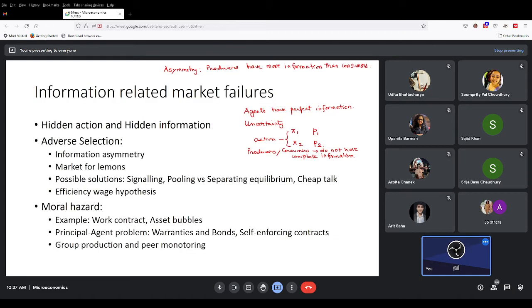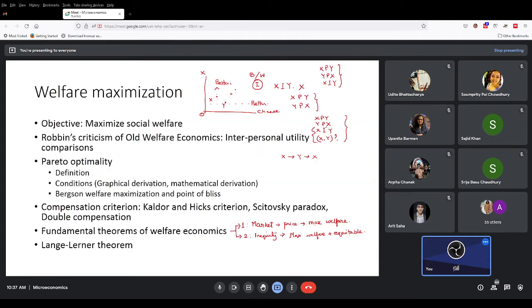So far as the books to cover them, welfare maximization,